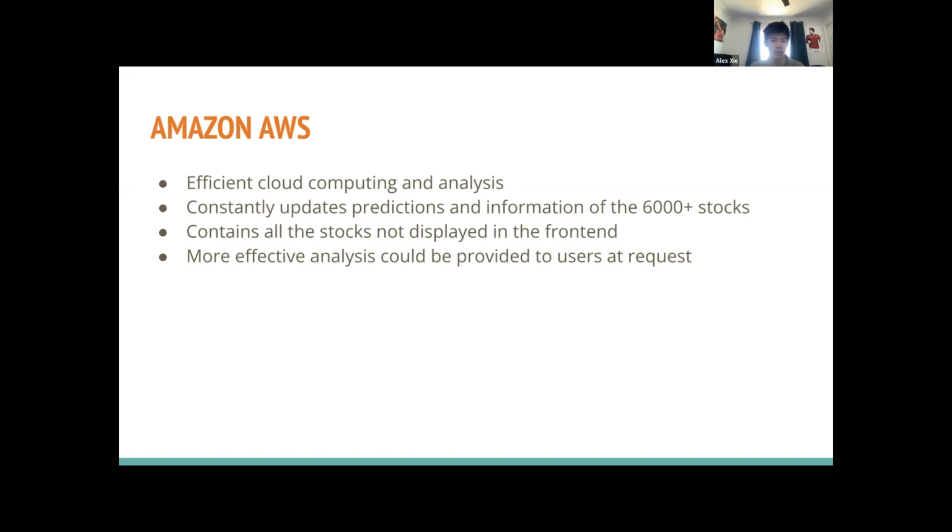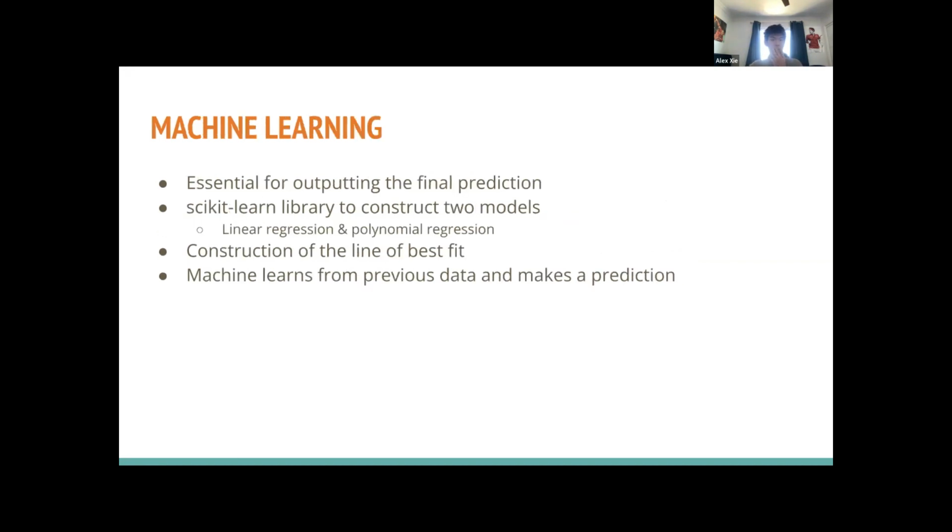And when a user puts a stock in their search bar, they're able to get an instant result of the quantitative data that will be outputted to them. And this is an analysis that could fulfill the user's request, because the interface usually doesn't have a lot of the stocks that the user wants to get into. So they may request that we provide information on another stock, and this does the job.